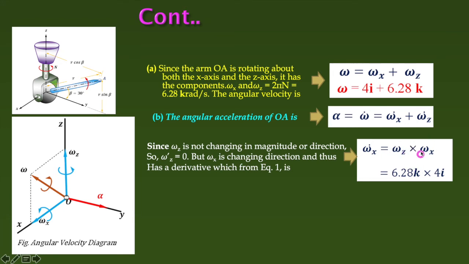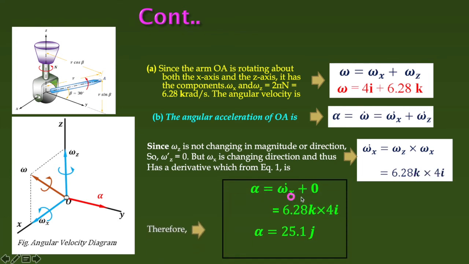Here it is the cross product. So these unit vectors k and i. So finally, after the cross product, the unit vector is j. As it is a cross product, the direction is perpendicular to the plane of i and j. This is the i direction, this is the j direction, so this is the ij plane, and perpendicular to that it is the y, so it is the j vector. So finally this is the angular acceleration of the link.